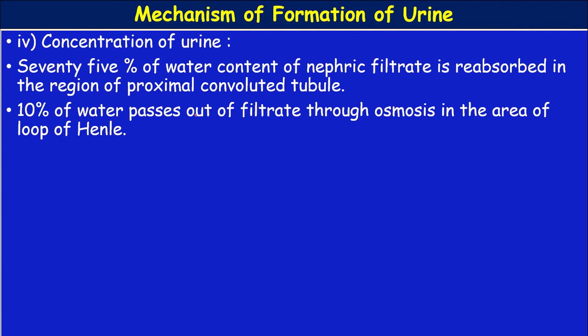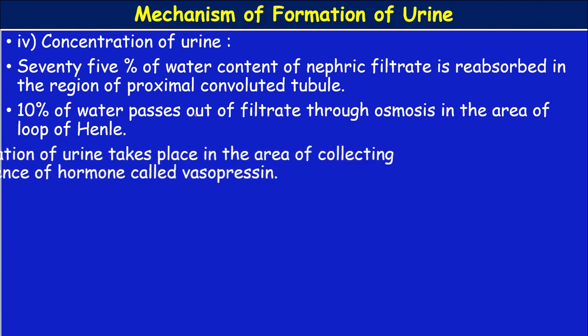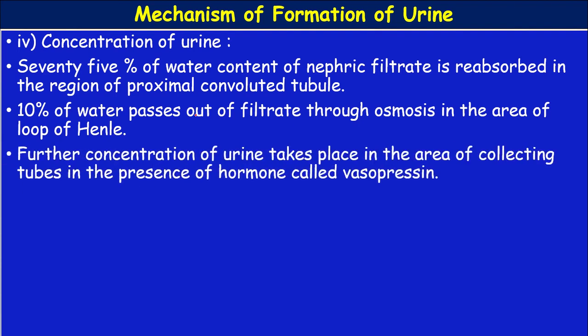Next, 10% of water passes out of filtrate through osmosis in the area of loop of Henle. From loop of Henle, the walls are thick, so there is no chance of reabsorption. Moreover, some 10% of water passes out of the filtrate. Okay, now 85% over. Next, the further concentration of urine takes place in the area of collecting tubes in the